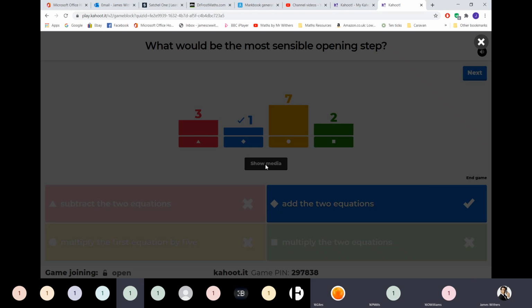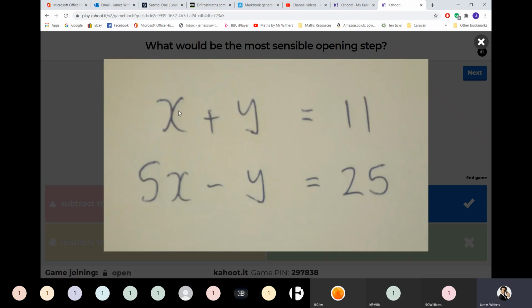Look, you look for the variable that's got the same number of them. There's one y there and one y there. So you're focusing on the y's, and because the signs are different, you choose to add the two equations together. You don't focus on the x's because you've got 1x and 5x. You do focus on the y's because you've got a y and a y. Once you realize you're focusing on the y's, because the signs are different, you add them. You could have multiplied the first equation by 5 to get 5x in both, but that would just be unnecessarily long-winded.